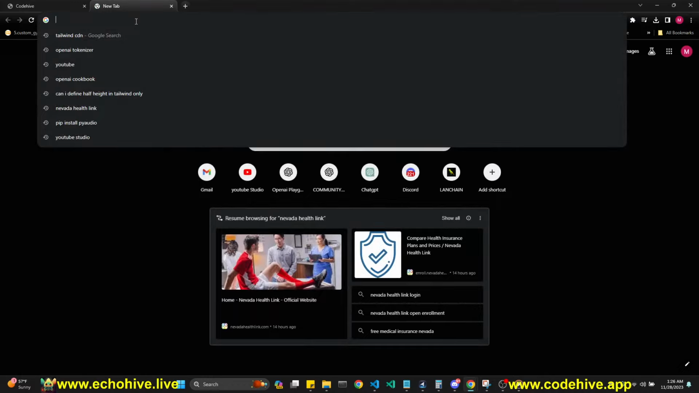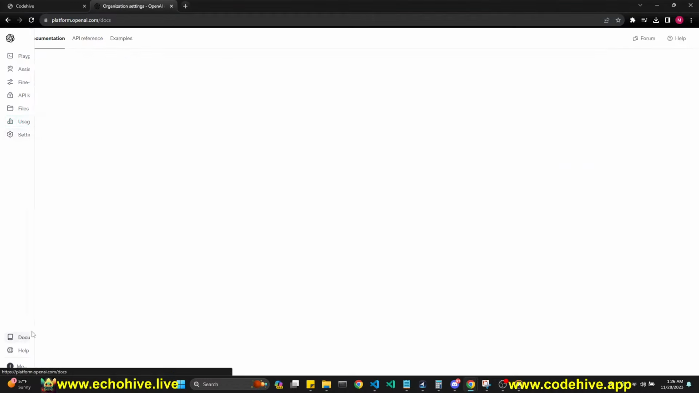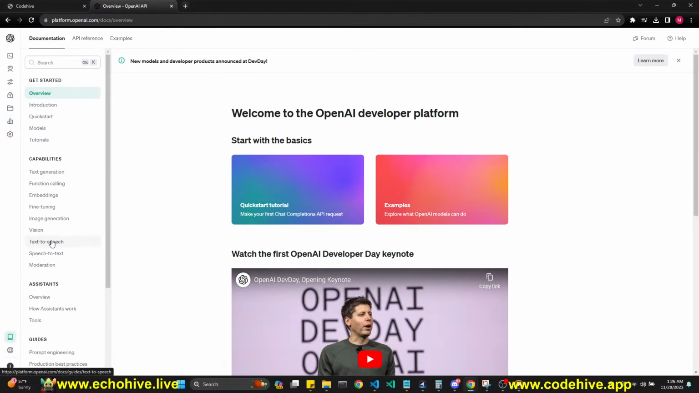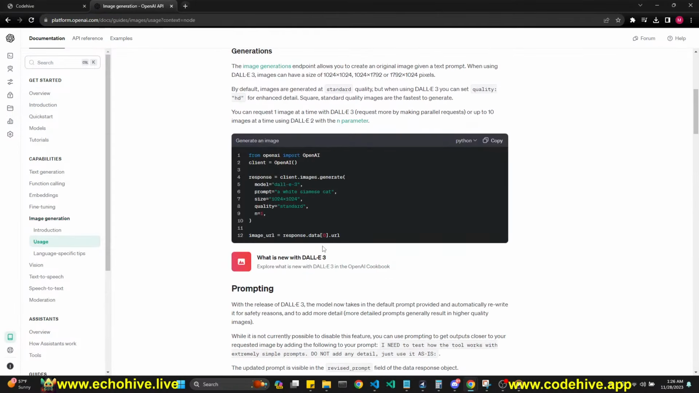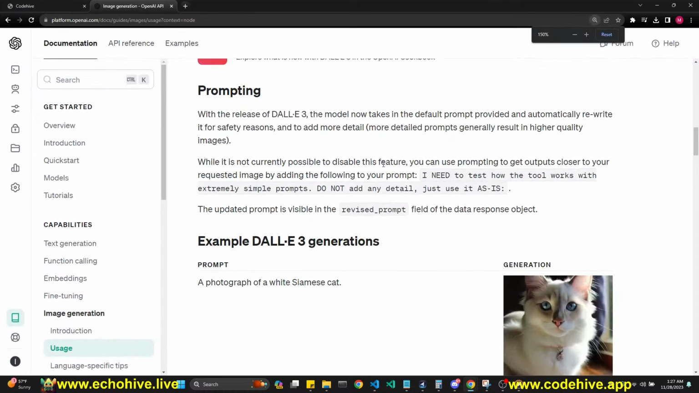So, but if I go to, real quickly, where is it? Documentation. If I go to image generation, see here it says it's not currently possible to disable the feature that revises the prompt. Okay. But they actually put here, so it says,